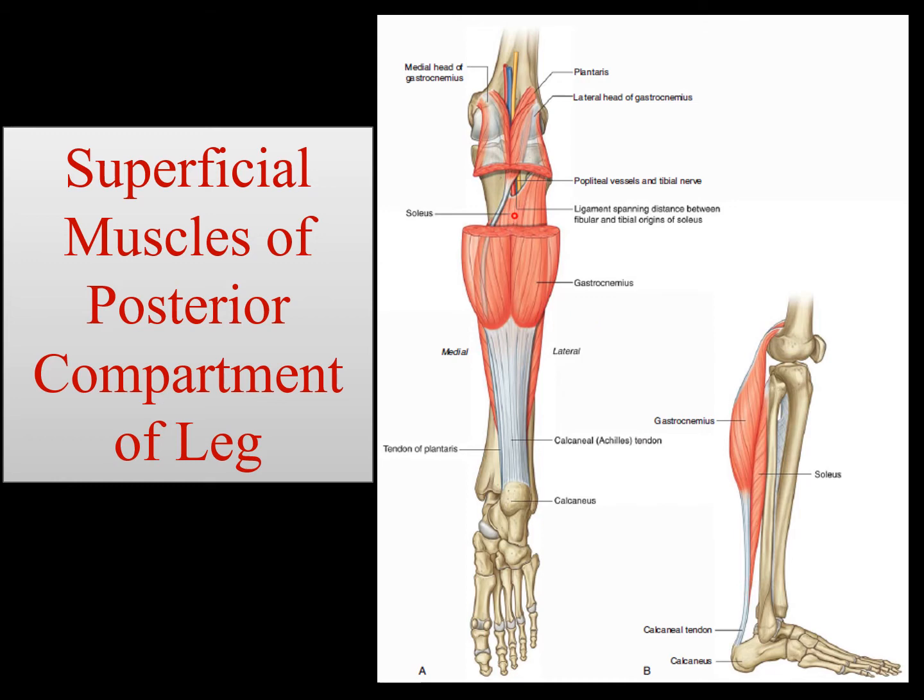And the fibers of these are almost crossing each other. And as we have discussed, it is a multipennate type of muscle. And the third muscle we have discussed is plantaris, which is arising from the lateral supracondylar ridge and oblique popliteal ligament, moving down, and from here it becomes a long tendinous structure and is attached to the tendocalcaneus.